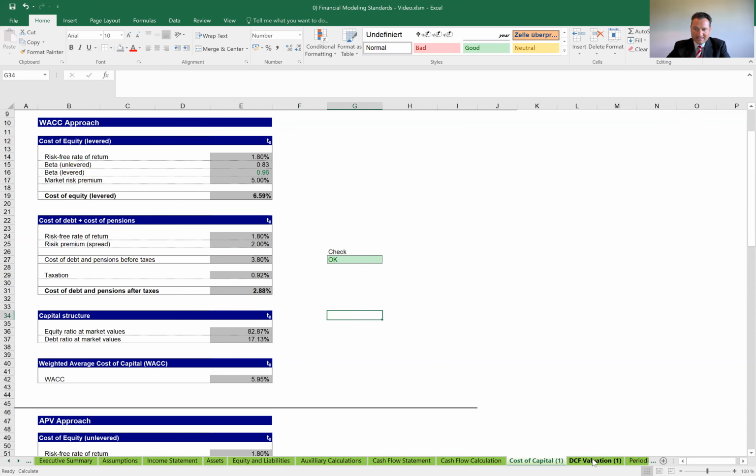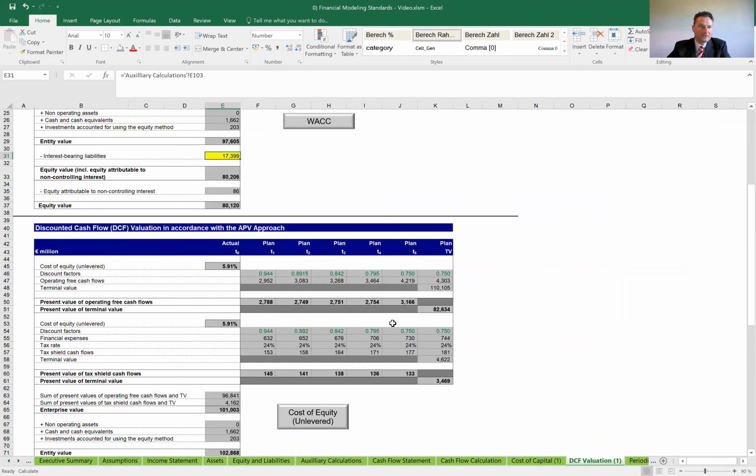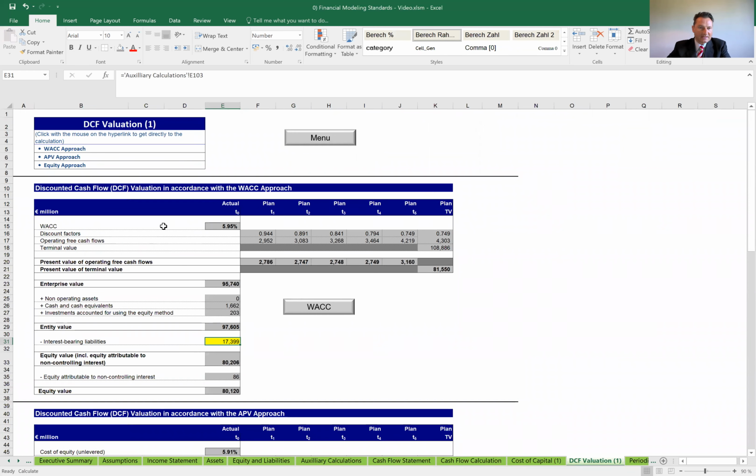For example, under DCF valuation, under row 16, you see here in the formula, a 1 is typed in. So these are mixed formulas that contain both fixed numerical values and formulas,